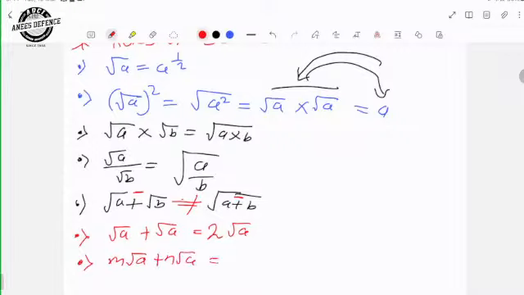होगा कैसे? रूट में कॉमन चीज होनी चाहिए, कैसे? (m प्लस n) इंटू √a। ओके।